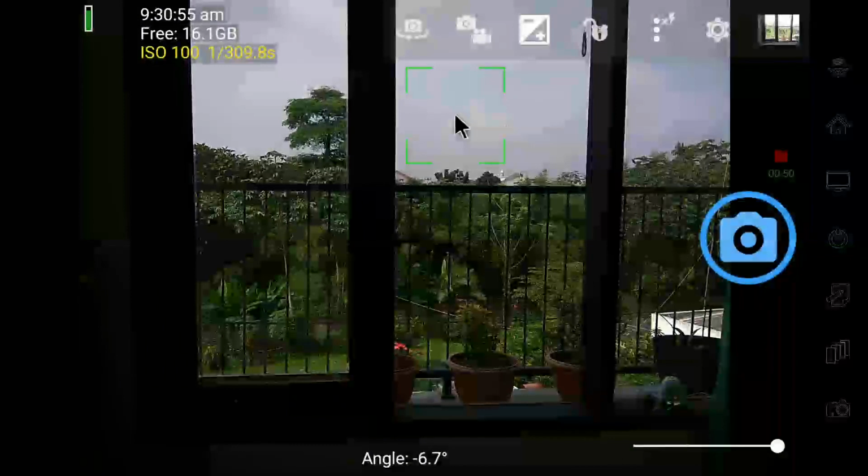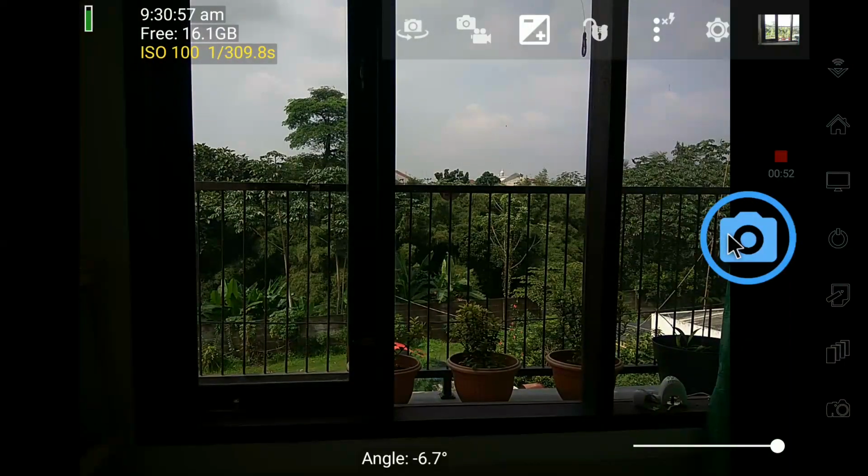Now, let's try to take an underexposed photo. This condition will make the darkest objects look too dark. In this example, the objects inside the room look too dark and we cannot clearly see them. In this kind of situation, the HDR mode will be handy. It is useful to take a picture where there's a big difference in exposure levels.